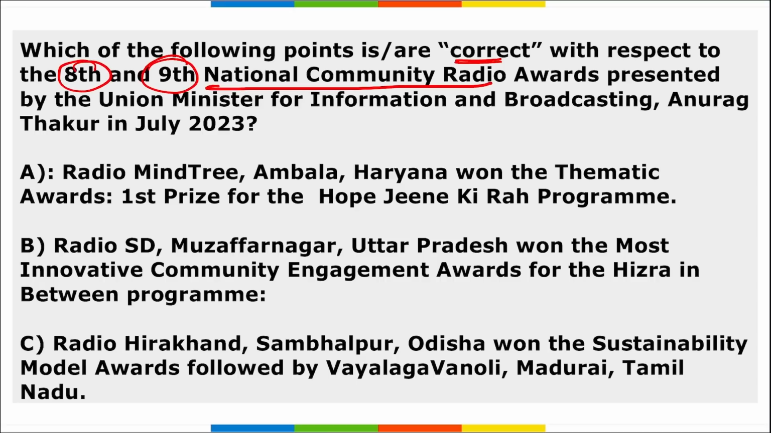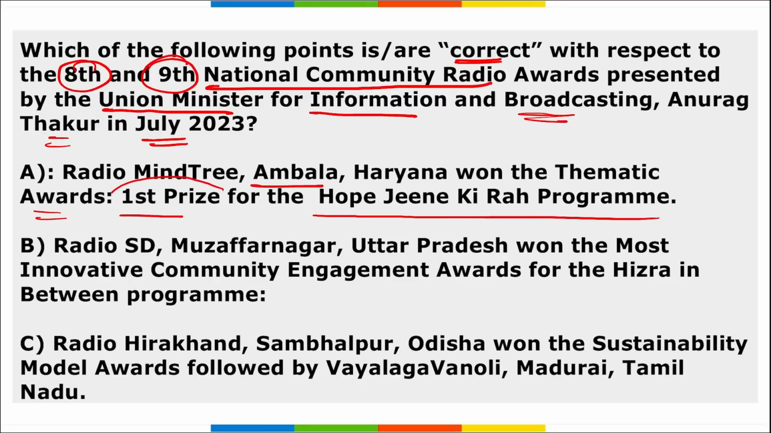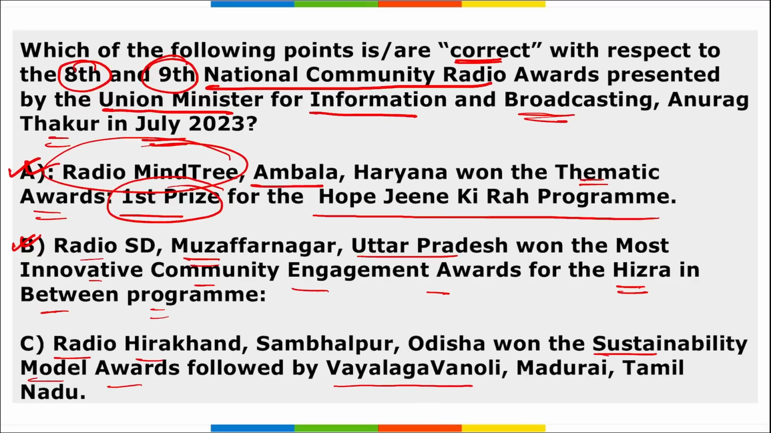Next, you have to tell us which of the following are correct with respect to the 8th and 9th National Community Radio Awards that were presented by Union Minister for Information and Broadcasting Anurag Thakur in July 2023. If we look at options A, B, C, Radio Mindtree of Ambala has won the thematic award, that is the first prize for the Hope Jeene Ki Raah program. Remember, they won the first prize for the Hope Jeene Ki Raah program during these thematic awards, that is your Radio Mindtree, correct? Do take a note of these because they are important and questions can be asked, and they are four to five here. Radio SD of Muzaffarnagar, UP, has won the most innovative community engagement award for the Hizara, that is in between the programs. Third, Radio Hirakand of Sambalpur, Odisha won the Sustainability Model Award, followed by Vayalanga Vanoli of Madurai, Tamil Nadu. So option C is also correct here. Apart from this, remember,